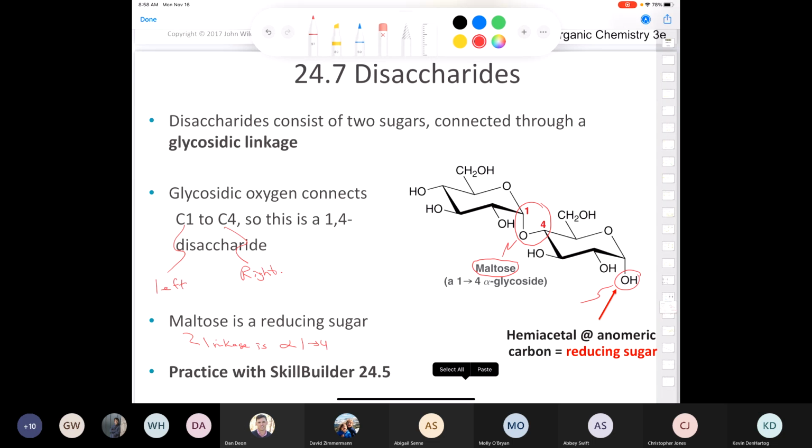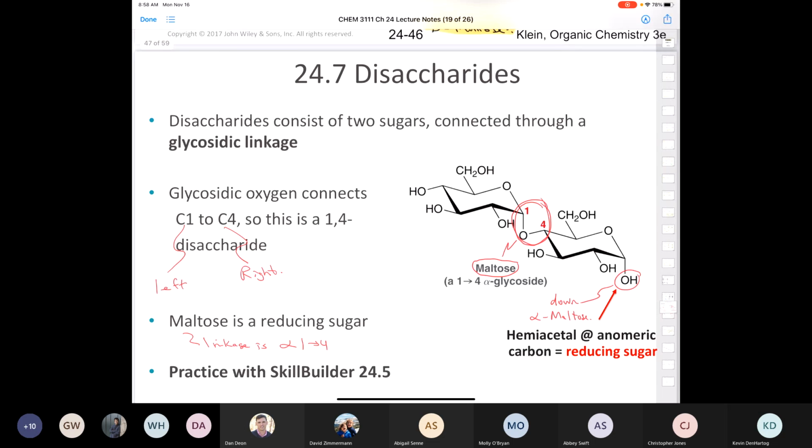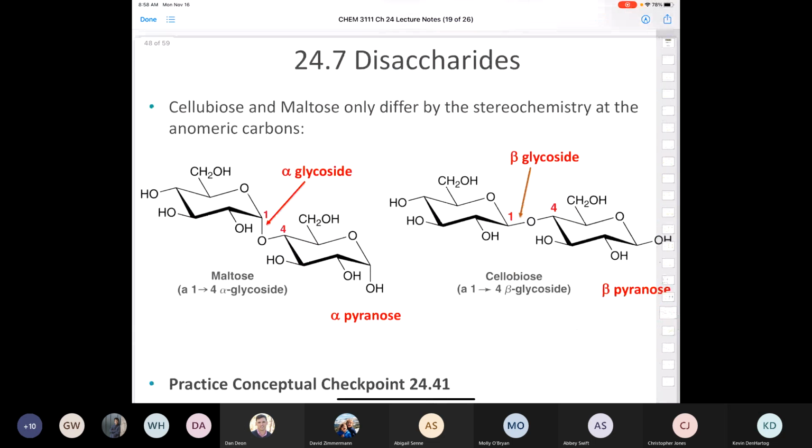Since this hydroxyl is pointing down, this would be called alpha maltose. If the hydroxyl at the anomeric carbon was pointing up, in the up position, it would be beta maltose. This is something that students get confused on sometimes. But remember, maltose is always going to have this alpha 1,4 linkage. Cellobiose and maltose only differ by the stereochemistry at the anomeric carbon. So that's why that linkage is so important. You need to understand that with maltose, it's an alpha glycoside, meaning that the